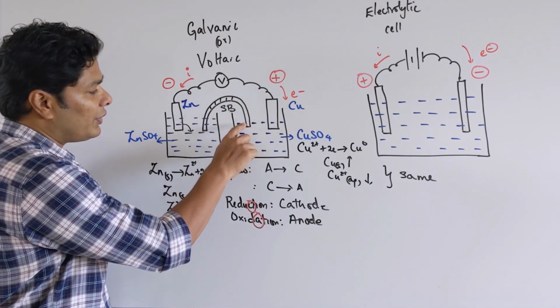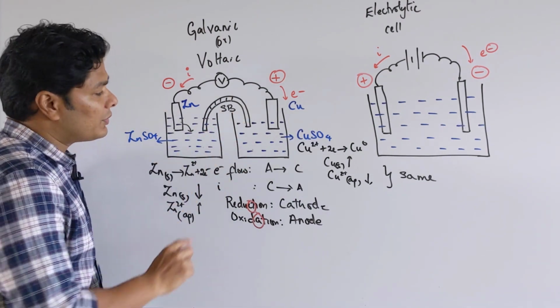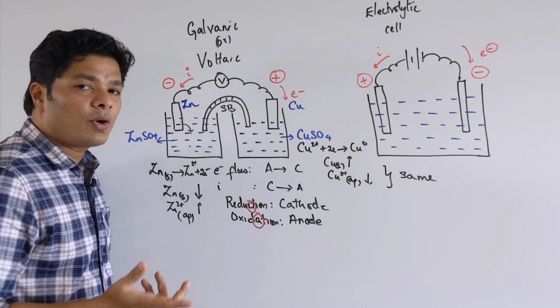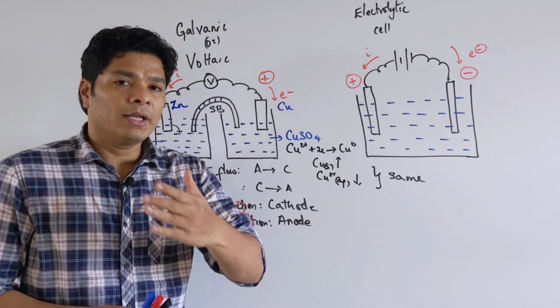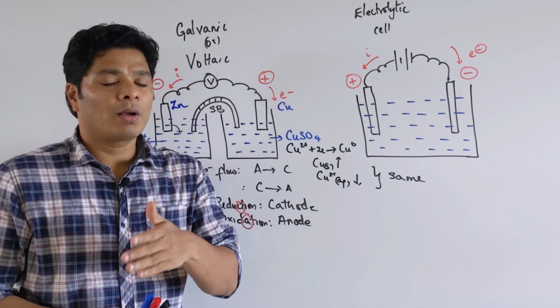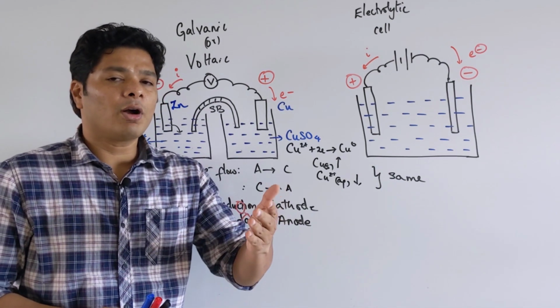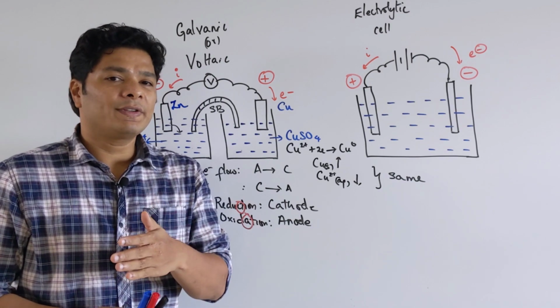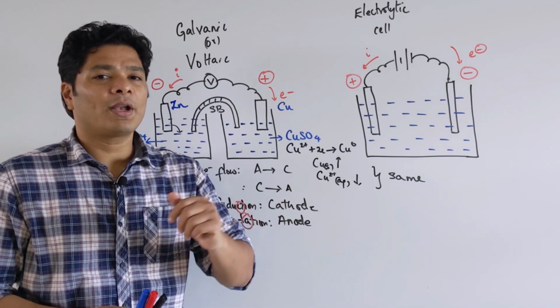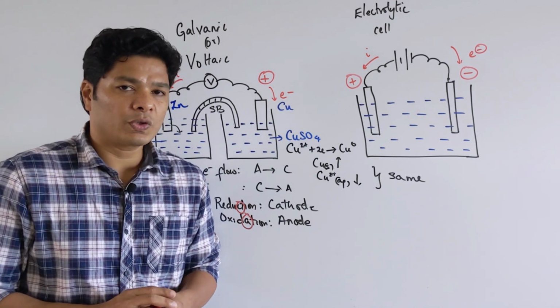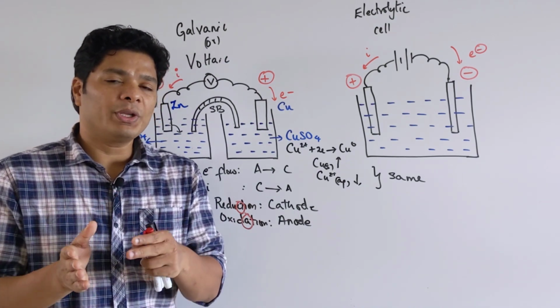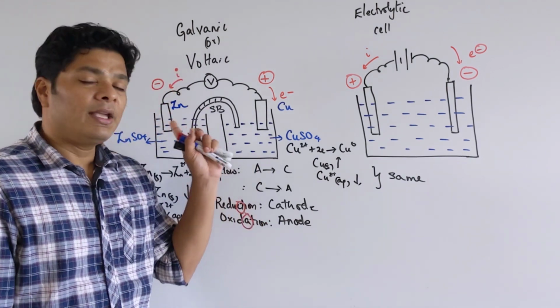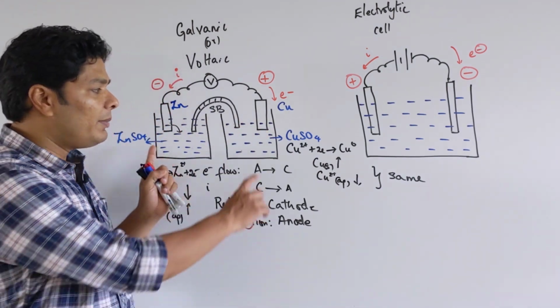Salt bridge is used to finish the circuit. Without the salt bridge, these two are not connected. So salt bridge is used to finish the circuit. What is a salt bridge? It's made up of electrolytes where the salt that you have in the salt bridge will have a positive component cation and a negative component anion. The mobility of the cation and the mobility of the anion has to be equal. This is the number one condition of a salt bridge. The mobilities have to be equal. Mobility means the velocity at which they can carry the charge. If they are not the same, then there will be a charge imbalance.